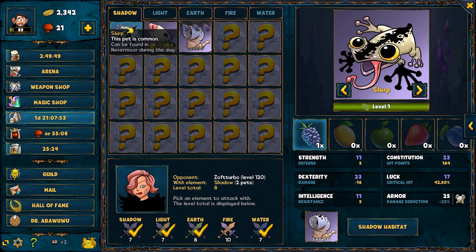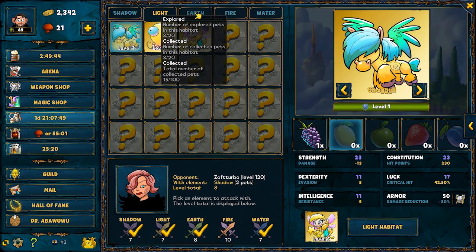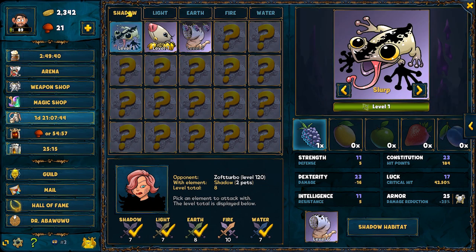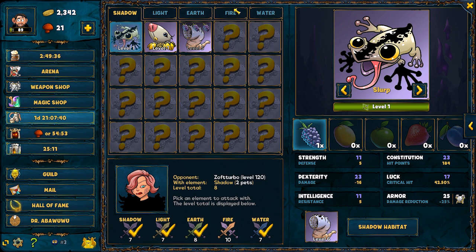At the beginning, you will have only a few pets. You will only have the first one of each habitat. So these five on the top are different habitats. So you have shadow, light, earth, fire, and water, and each one of them gives you and your followers, which is a topic for another time,